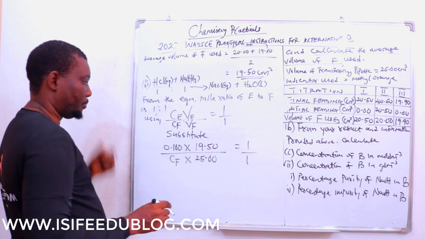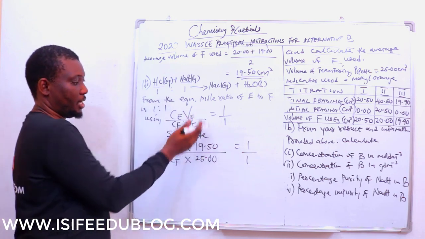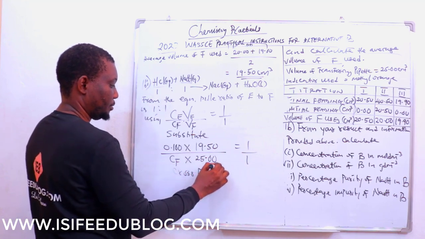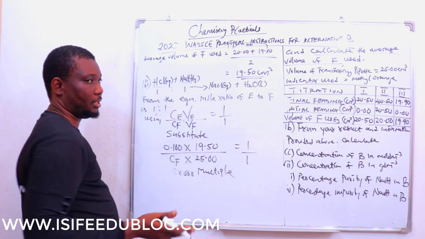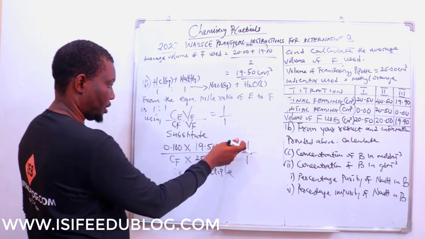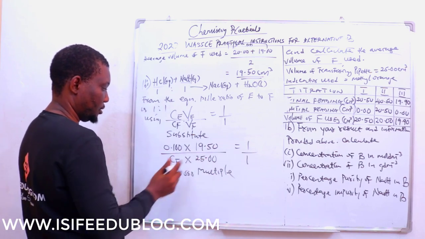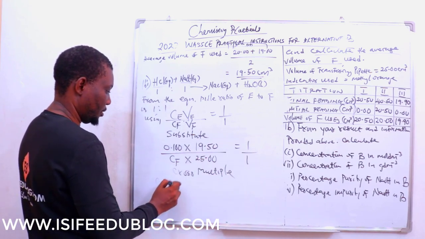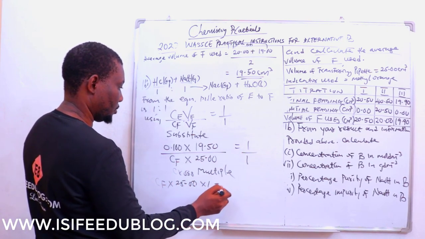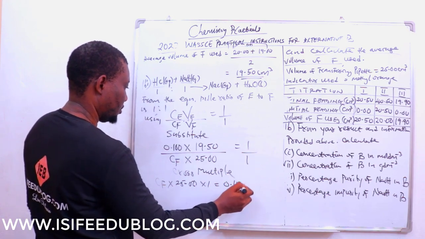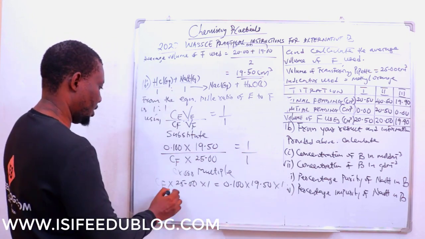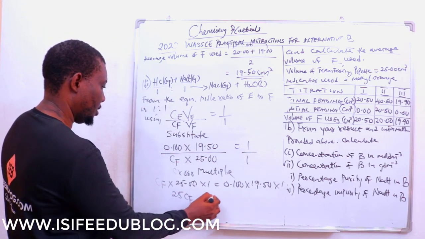You always tell the examiner your step by step so you can be awarded marks as you go down. So next is to cross multiply. So we have CF times 25.00 times 1 is equal to 0.100 times 19.50 times 1. So we have 25 CF is equal to